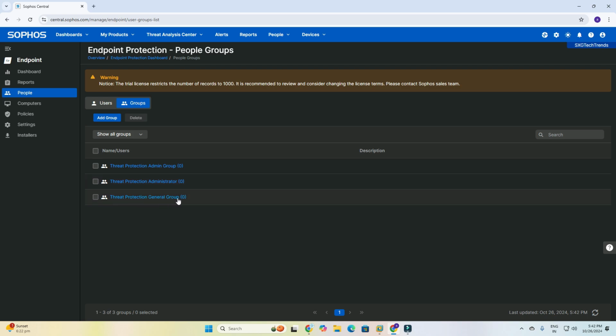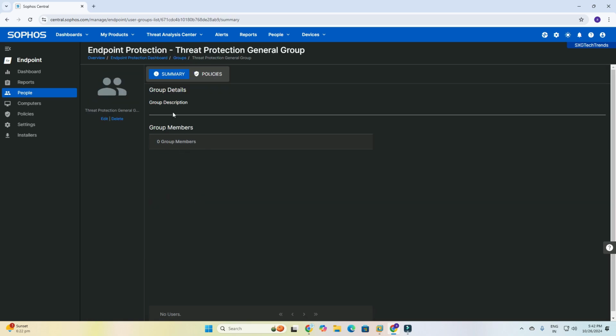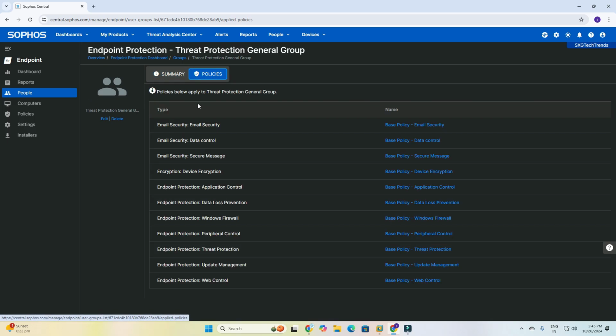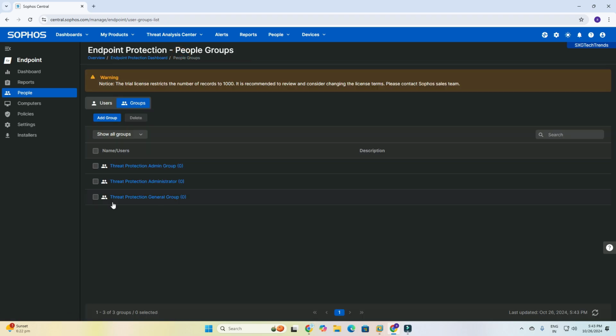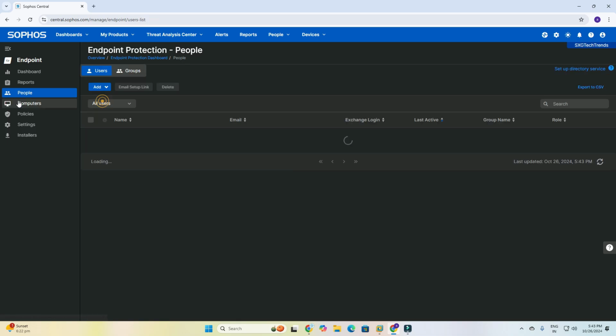Depending on which users belong to which group, you can add them. My machine belongs to the general group, so I will open this users. Okay, so I have added this.